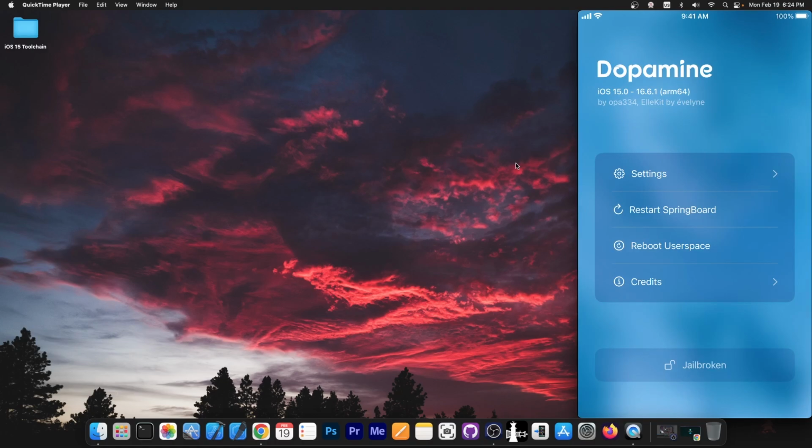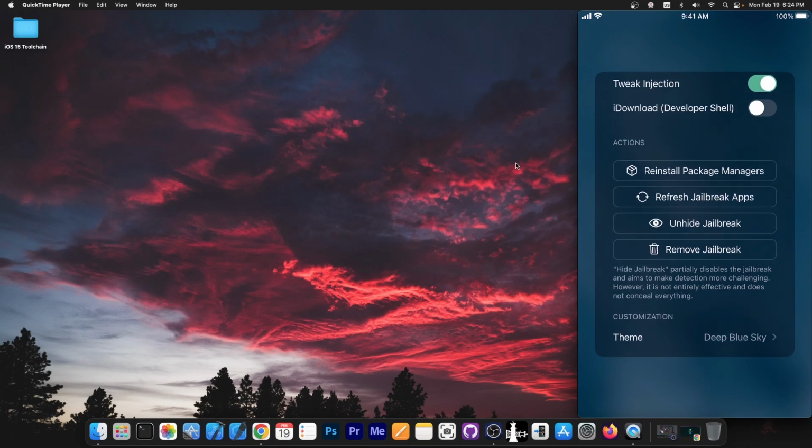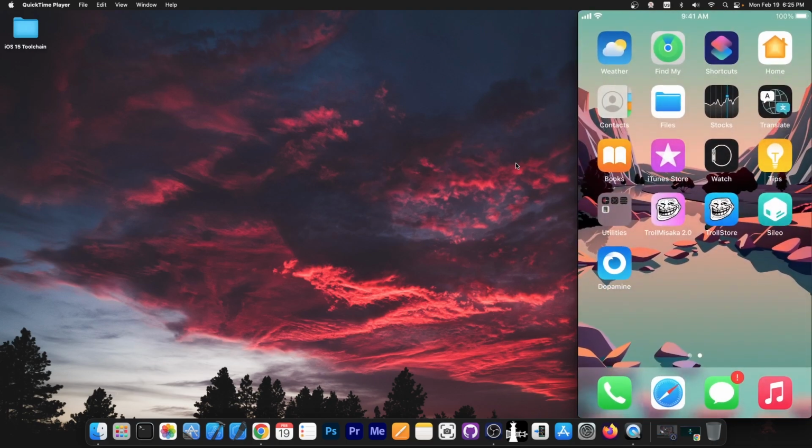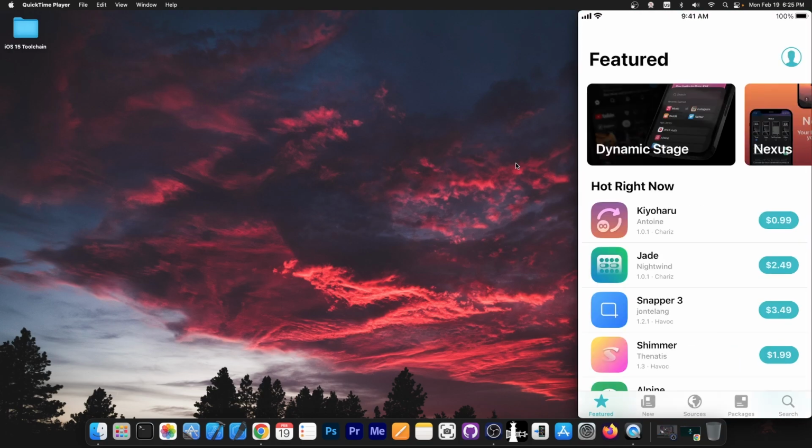Now, there is a setting here in Dopamine that you might find useful. It says hide jailbreak, that if you enable, you might be able to get some use out of it. It's a built-in hider, but it's not exactly effective. It's not very good for most applications. You can try it, you can fiddle with it, but it's probable that it's not going to work for more advanced detection mechanisms. However, what you're going to need is to go here in Sileo and install VnodeBypass,